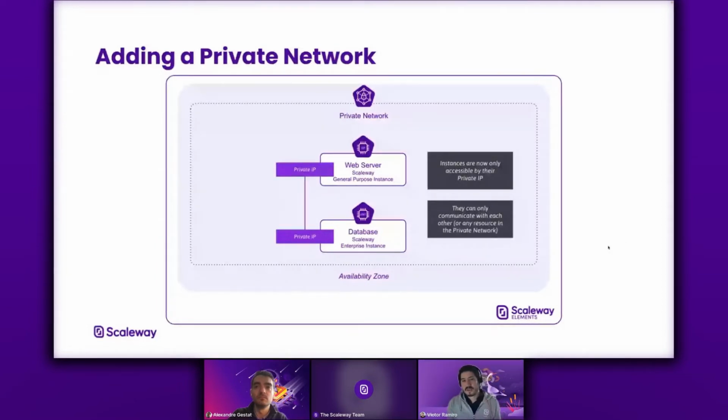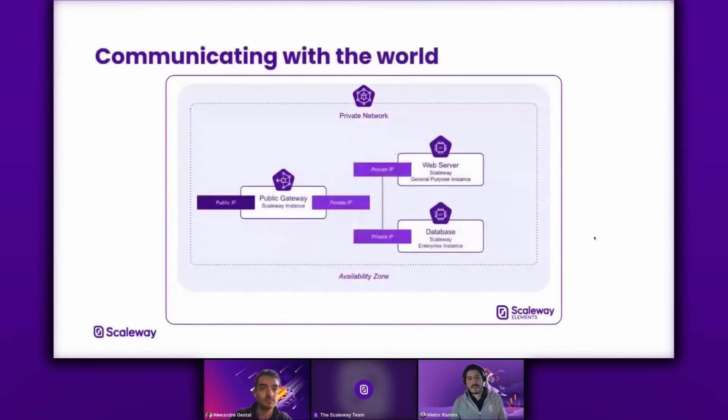So this is the first step that we can do, have this private network that will allow you to group stuff. Of course, if you need to access this on the cloud, you need to be inside here. So the first solution is to have a VPN or something that allows you to go inside the private network. That's the easy one. But if you need to not only access this private network, but also expose stuff, and the VPN is not the solution, you can also think of using the public gateway. Okay, so the public gateway